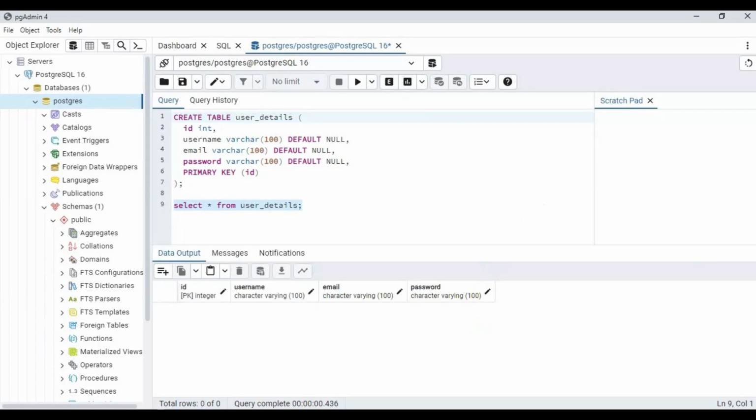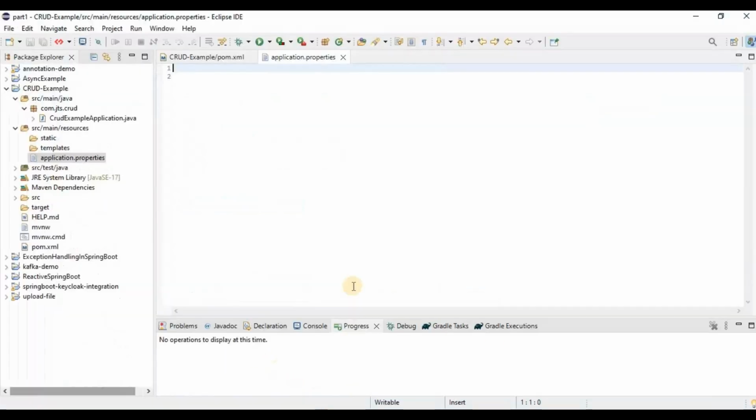Now we need to configure our Spring Boot application to use PostgreSQL as its data source. For that, we need to add some properties related to PostgreSQL. So let's add those properties over here. What are the properties? spring.datasource.url equals jdbc: